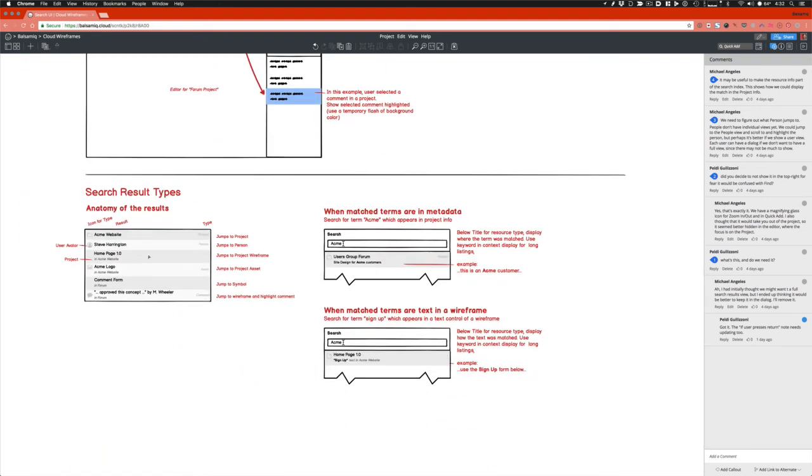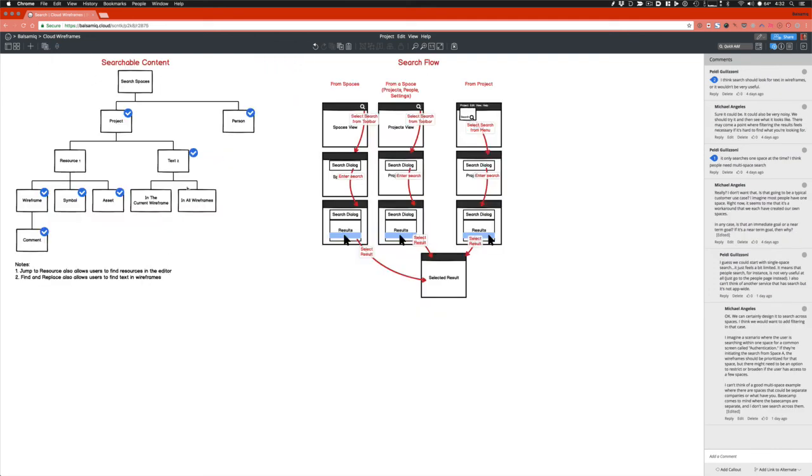I just did a little bit more fleshing out of what the search results should look like, and as usual, cleaned up and added some annotation to clarify what should happen. We had a little discussion about where search should happen, and we are having search so that it will include the text in the wireframe. And you can search within all spaces from